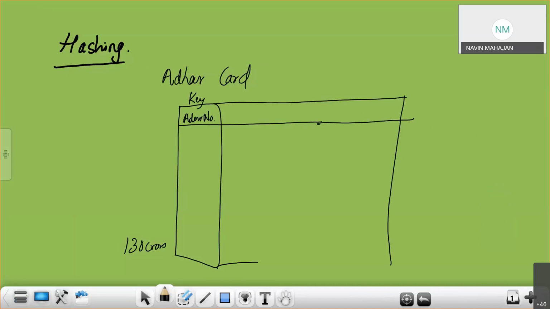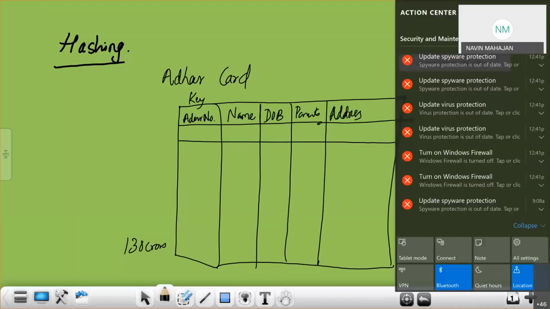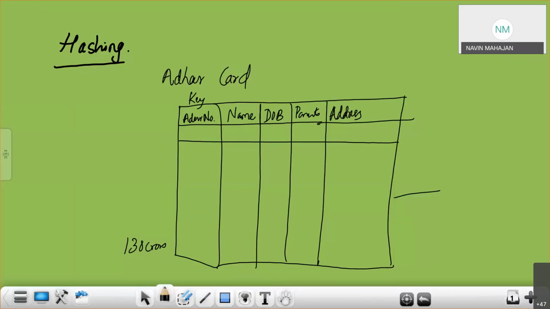So what information will the Aadhaar card have? It will have the name of the person, then date of birth, then parent's name, address.